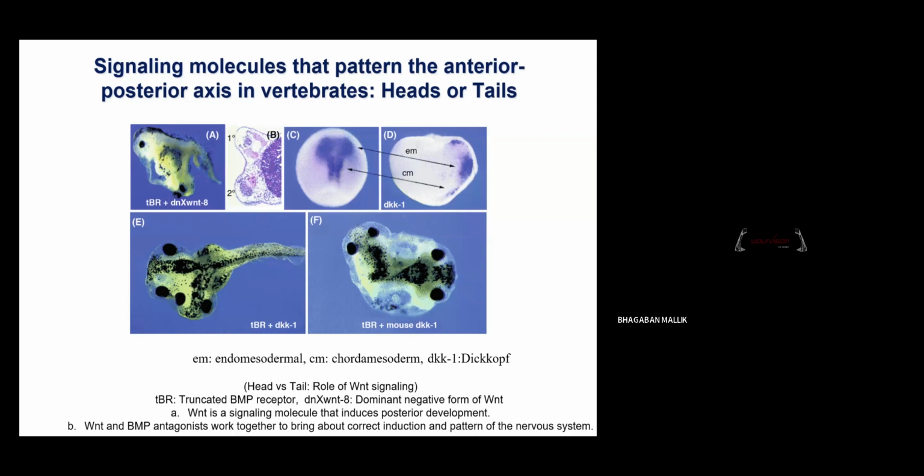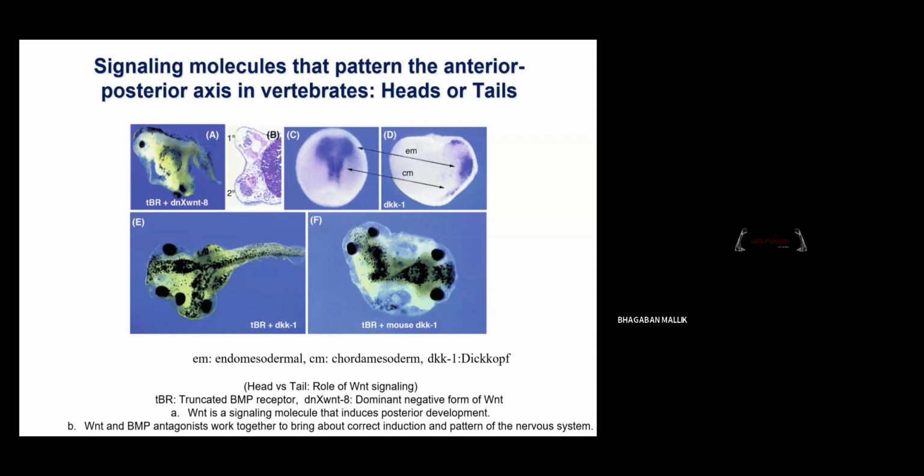When they inject the truncated version of the BMP receptor or the dominant negative form of the Wnt, dominant negative is the inactivated form of the Wnt, that we call the dominant negative form. So it suppresses the gene expression. So when they inject the truncated form of the BMP receptor or the dominant negative form of the Wnt receptor,